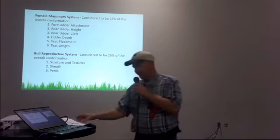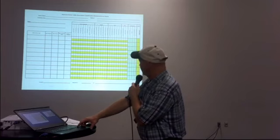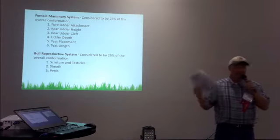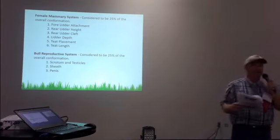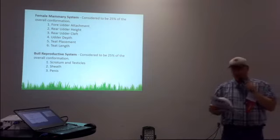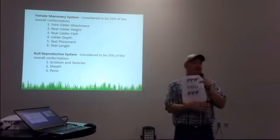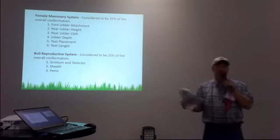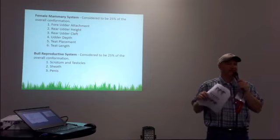All right, so that's the mammary system, and then we go into the bull reproductive system. And that's also, again, 25% of your bull score. But there's only really 4 areas that are assessed there. The scrotum and testicles. Well, before we even get to that, linear classification for cows makes a great ton of sense to me. I'm a little less enthusiastic about linear classification of bulls